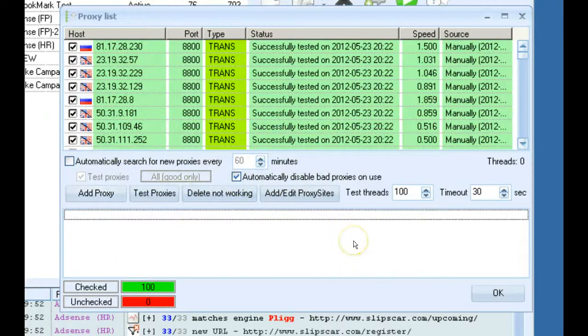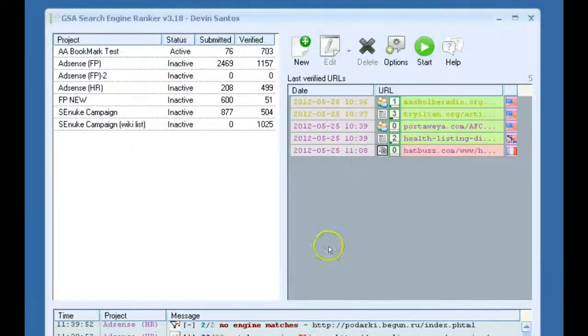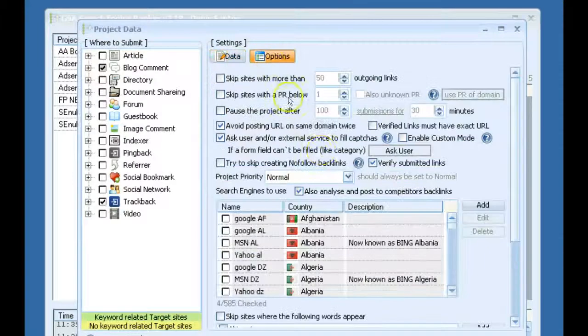And that way you don't have to stop the software and test proxies and do all that yourself. But again, like I said, you don't even have to use proxies because of the way the software is set up. And I'll show you why real quick. When you create a new campaign,